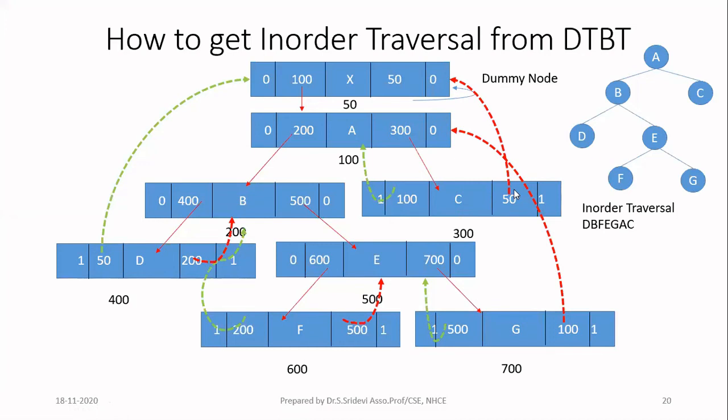So you take this one and go to that node. Here it is 50. 50 is a dummy node. Once you reach the dummy node, don't print anything in the output. So you have finished your traversal. So this is your output of the in-order traversal. You can check this with this tree. Both will be the same answer. So now what we have done is, we have found the in-order traversal only with the help of the pointers which are available in the double-threaded binary tree. We are not using any stack. So this is the main advantage, how you can get in-order traversal from a double-threaded binary tree.